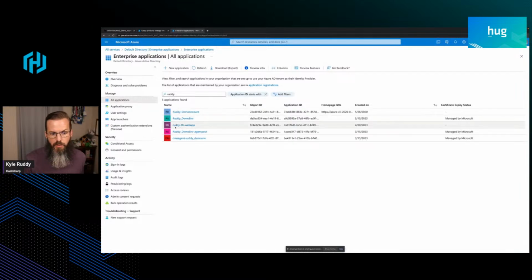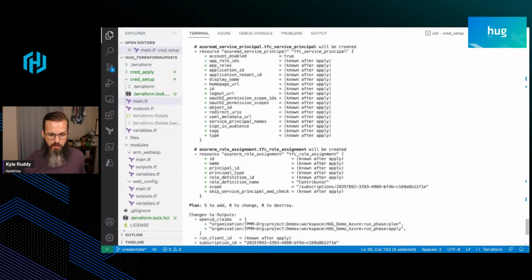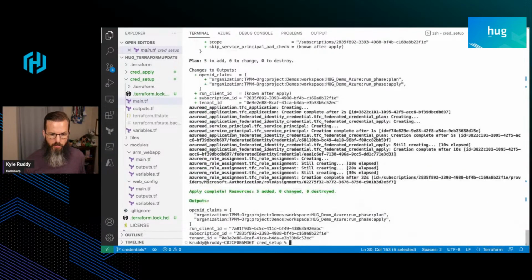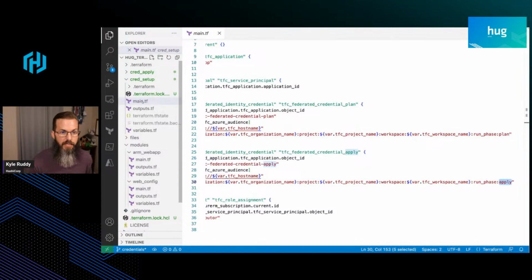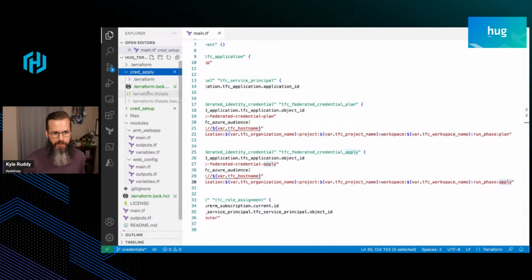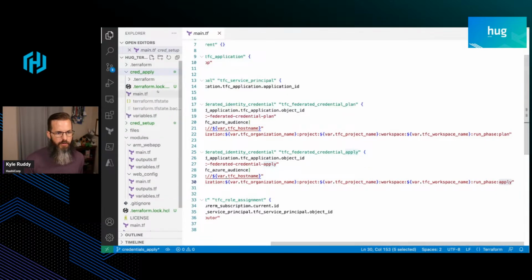So here we can see our Ruddy TFC web app. It's there, it's been created, it's ready to use, or similarly, yeah, there we go. All right, so then once we have all of this information, we're going to want to put that into our Terraform workspace there. So what we have here is, need to switch branches over to where all that configuration comes